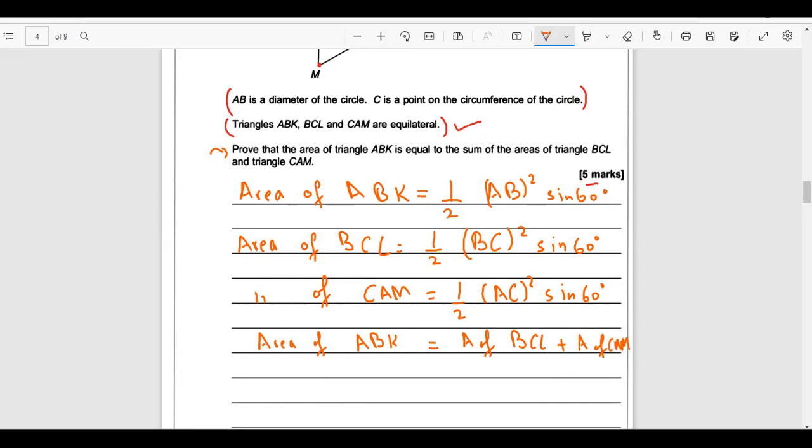We need to prove this. We are not writing it down, we'll prove it at the end. Now, in the demo class, when I was teaching you, I told you that for proving things, we have multiple ways. Either you can